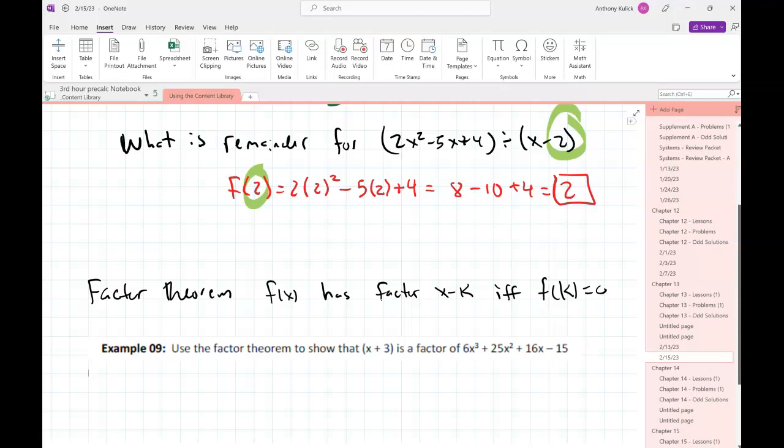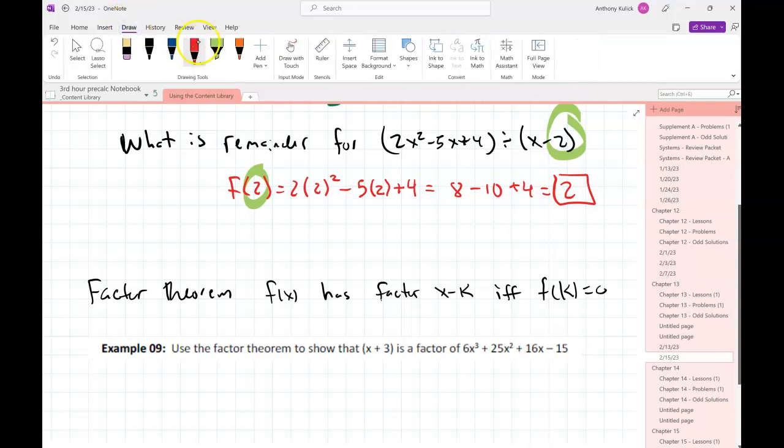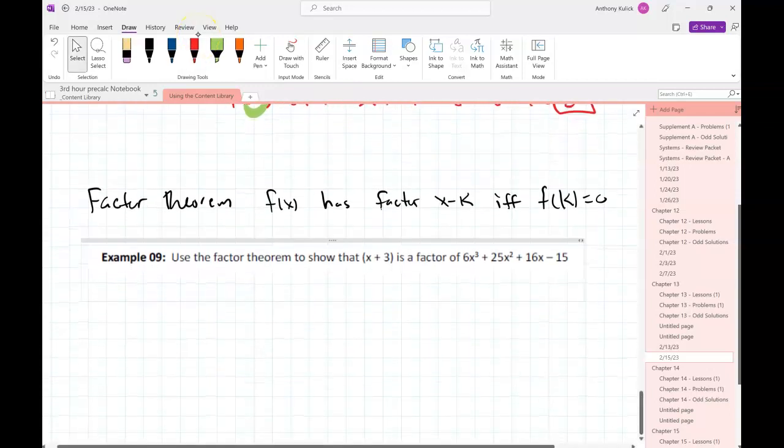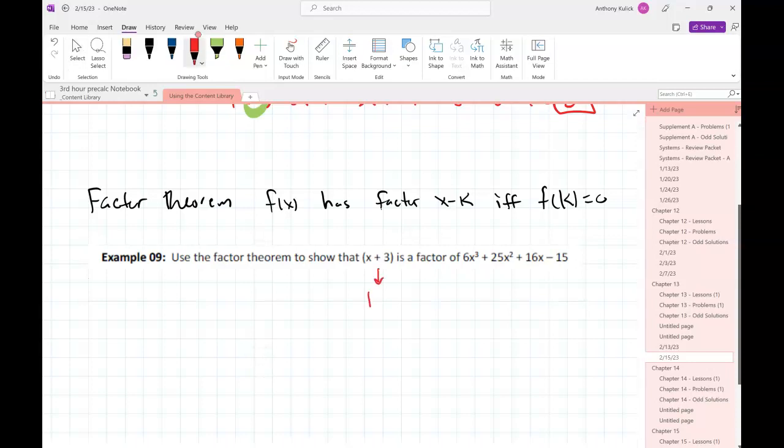Do we always just do long division? Well, here's what we can say. What's the k in this case? Would it be 3? It's -3, right? Because it's x minus k. Basically, you're setting that divisor equal to 0 and solving. So if I do f of -3,